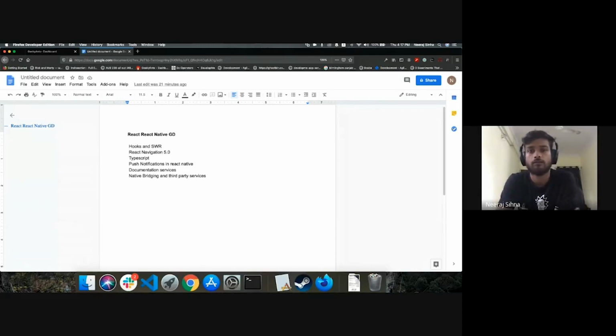Anybody else wants to speak about React Navigation? Okay, so React Navigation 5.0 is a pretty big upgrade over 4.0, and it's really a very good example of how a package can be rebuilt using hooks, and it can provide very new functionalities. It can make your package very simple to use, and I think React Navigation proved it in a pretty good